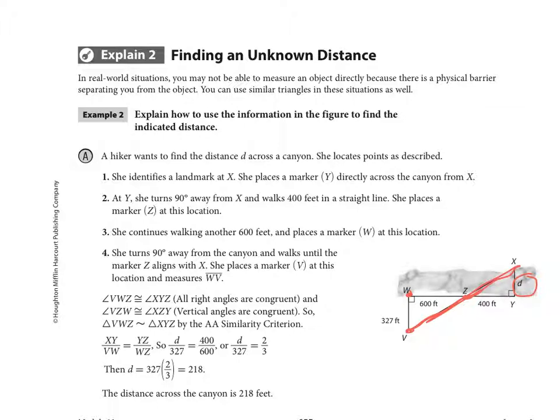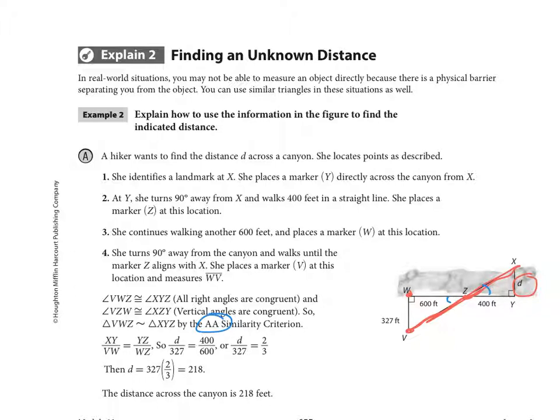Alright, so why are we able to say that these are similar triangles? Well, we've got two right angles at first, and because we've got a line of sight that crosses right through the side of the canyon, that is going to create for us some congruent vertical angles. So we have angle similarity working in our favor here, and to find the missing distance, we just need to